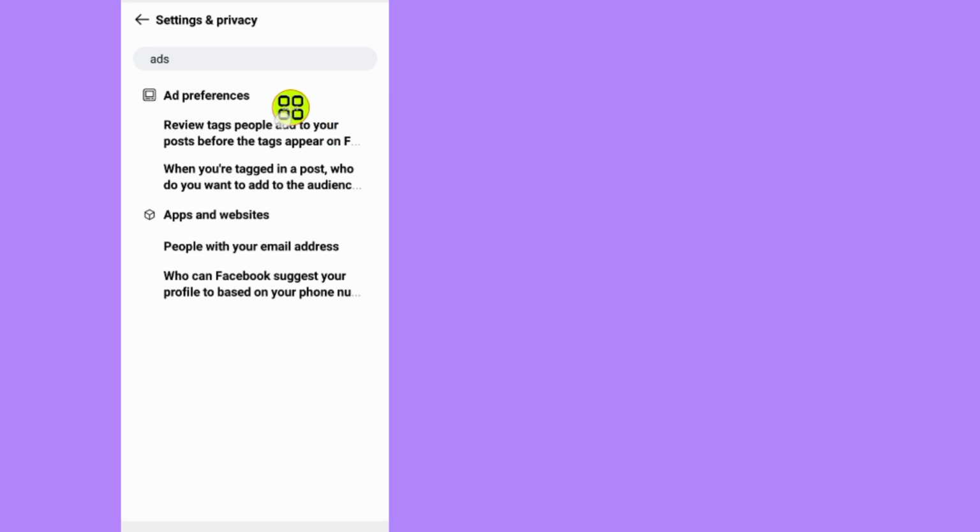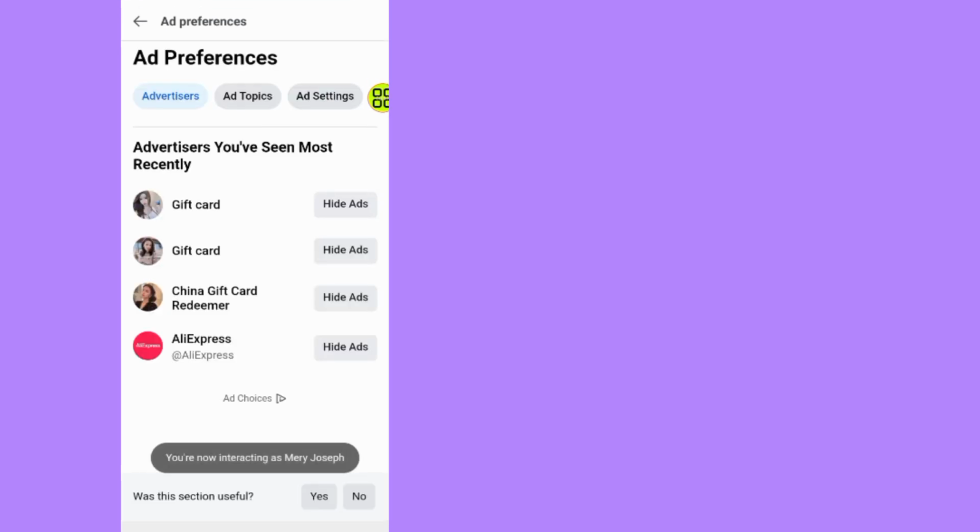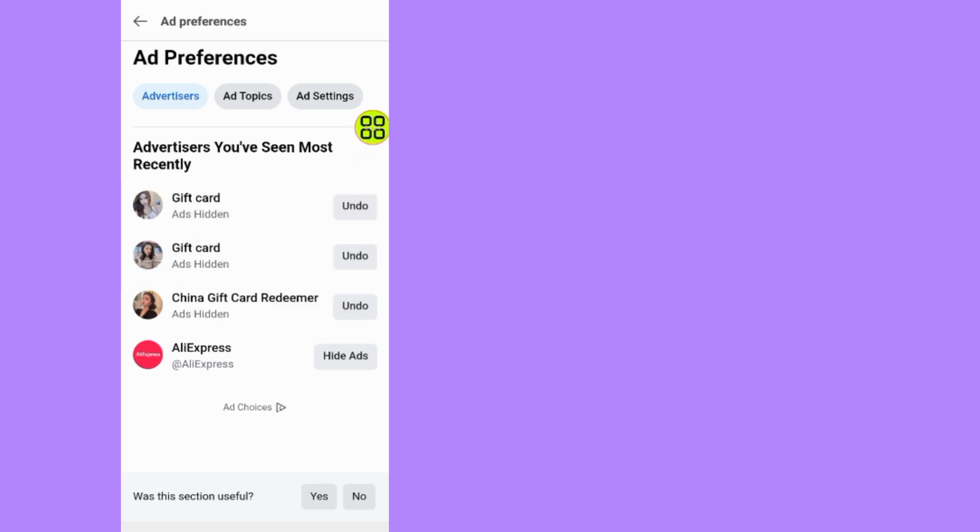So as you can see now, it gives you an option which says Ad Preferences. So tap on it. After you select Ad Preferences, now it will give you an option to hide all the ads that you don't want. As you can see now, here it says advertisers you have seen most recently. So here are the advertisers that most recently I used to see on my Instagram or my Facebook account. So in order for you to block all these ads, all you have to do now is tap on Hide Ads. So as you can see now, I hide all these advertisers now from showing me ads on my Instagram,